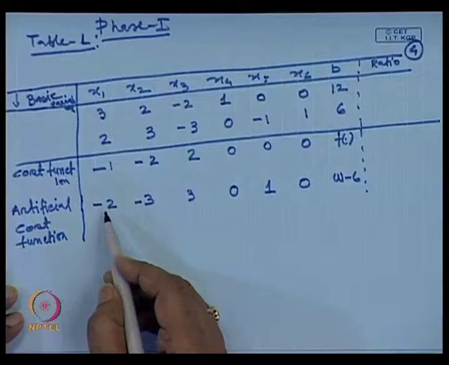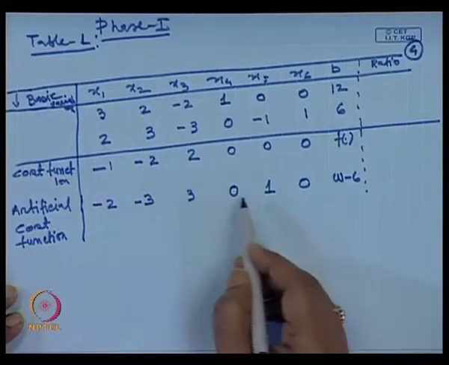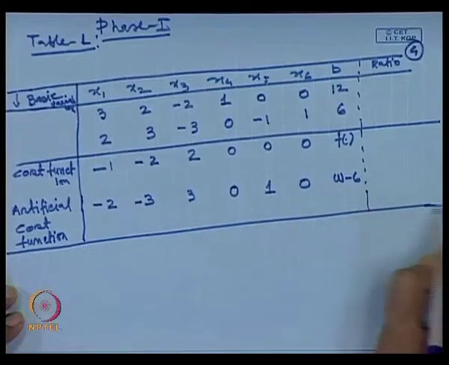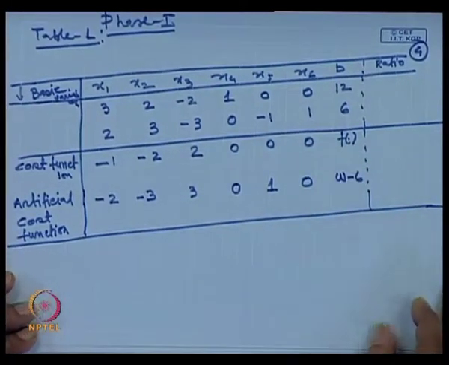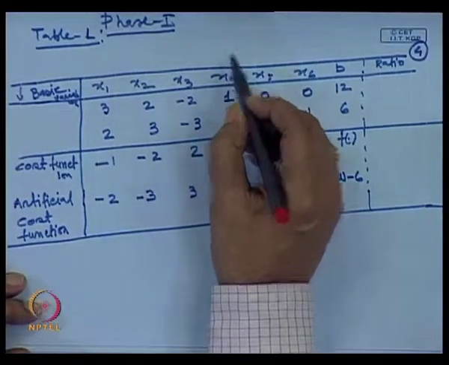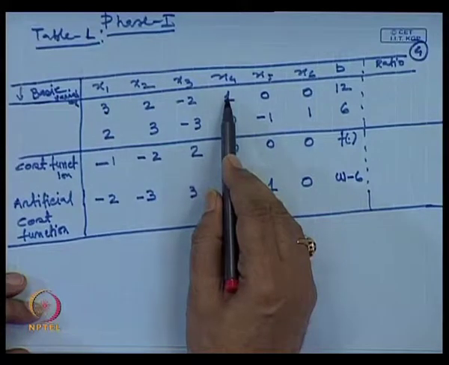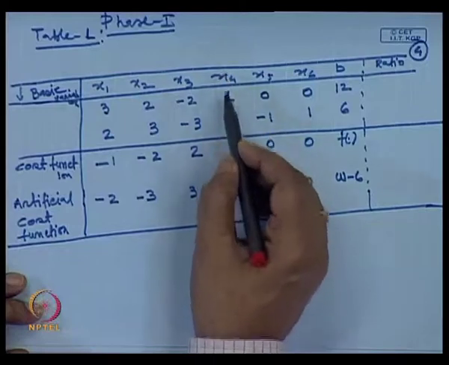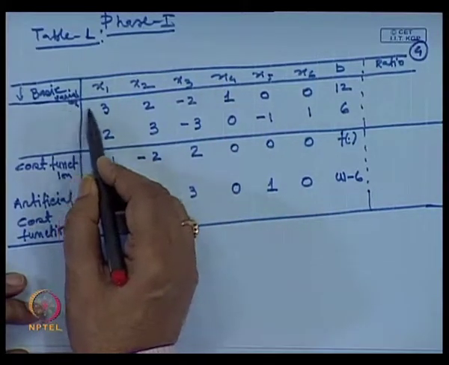Agree? So, minus 2, minus 3, 3, 0, 1, 0. So, now start your tabular process of this one. Now, you see first you have to identify which one is the basic variables. Now, if you consider x 4 exists in first equation also, x 1 variable belongs in equation number 1,